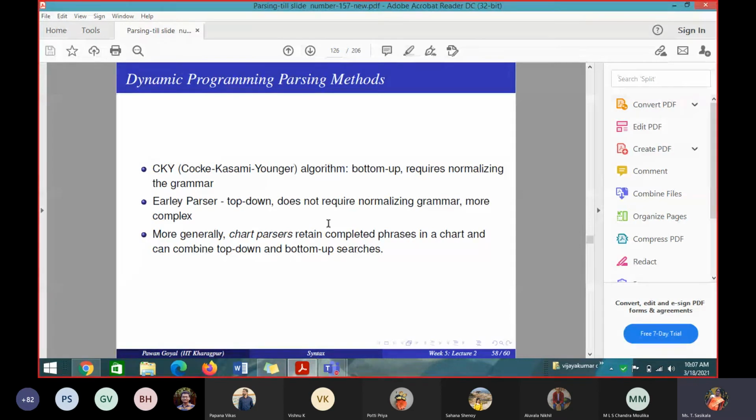These are all they have given. What is the advantage of this? Because they will be using repeated versions. Earlier, the top down parser did not require any normalizing of the grammar, and the grammar is more complex. It has multiple combinations. But here we have to normalize the grammar. Then using this normalized grammar only, I can apply the CKY algorithm to construct a parse tree and check whether the given sentence is grammatical or not.